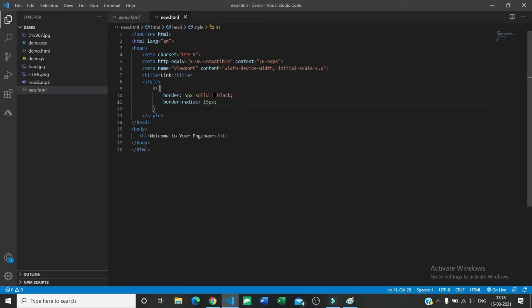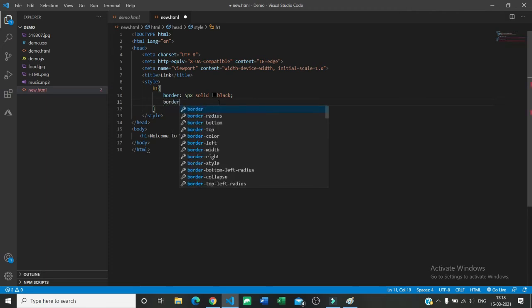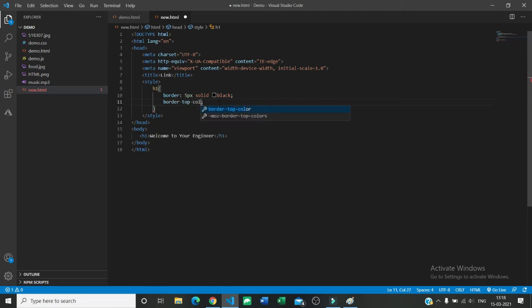Now what if I want to just put styling on some particular bottom border or top border or left or right, and do not want that styling to appear on the whole border? So in that case I can give border top color. So let's say border top color I am going to give blue. Now save it.